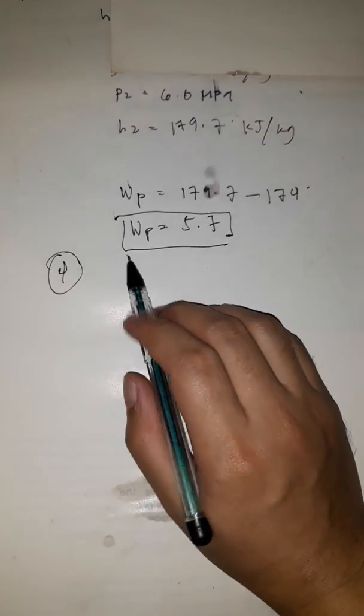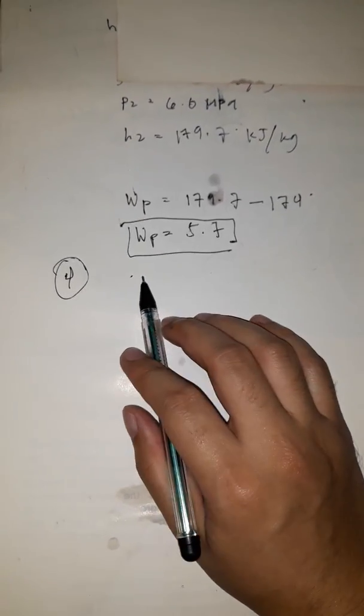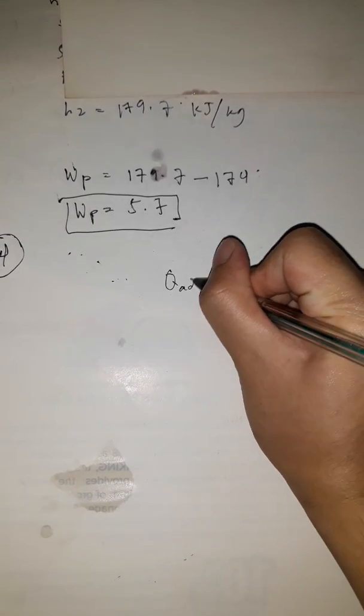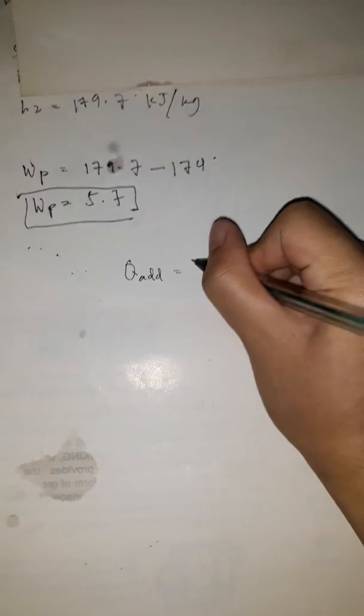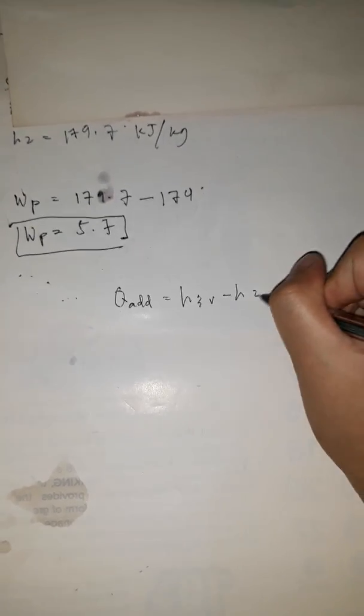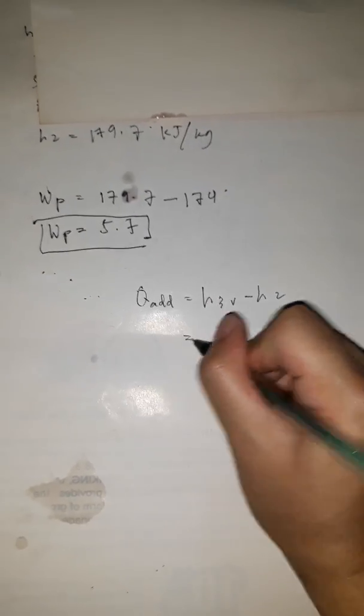The enthalpy difference between 2 to 3, which corresponds to the net heat added in the steam generator, is simply Q, heat added, equals enthalpy 3 minus H2, which is